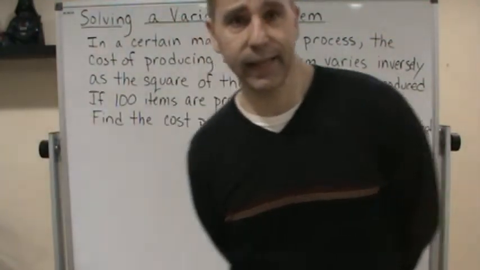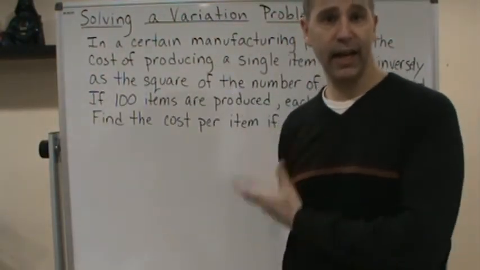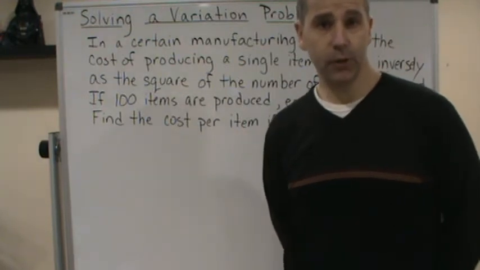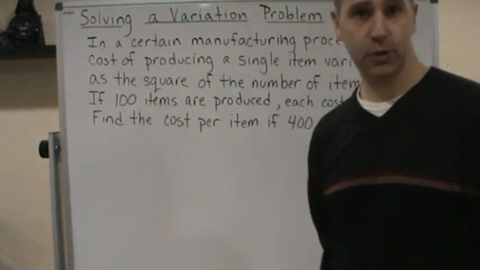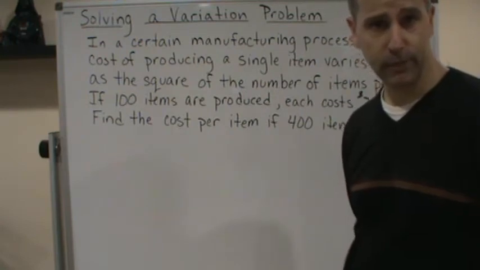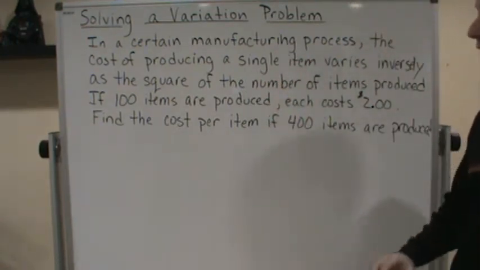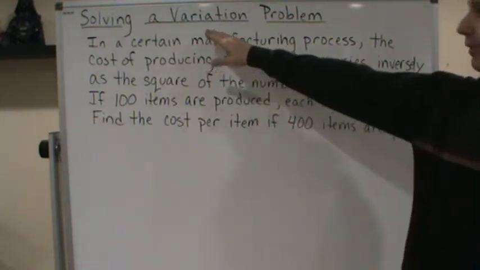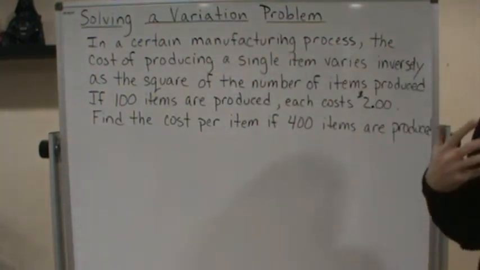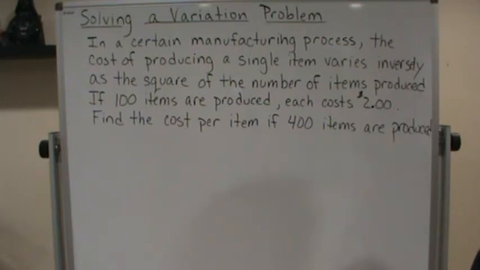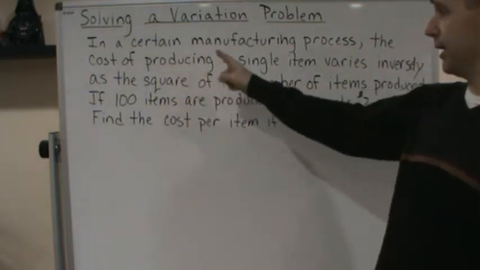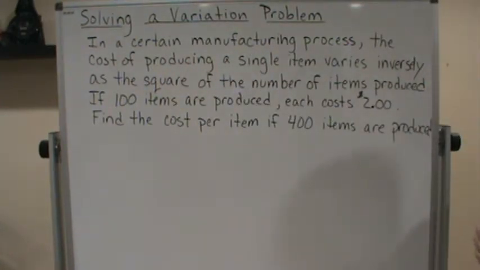Okay, welcome. Today we're going to work on an example of inverse proportions, of inverse relationships, inverse variation. And so, given this information, we're going to solve this problem. So this is an example of solving a variation problem where it's inverse variation. Okay? So it says, in a certain manufacturing process, the cost